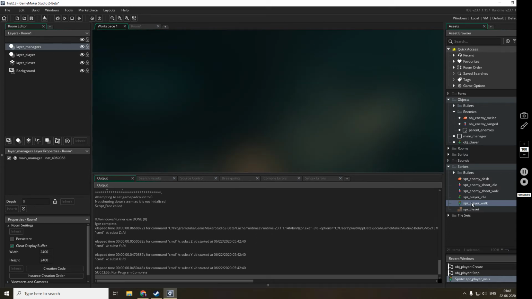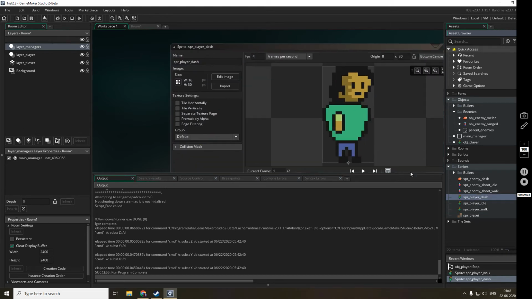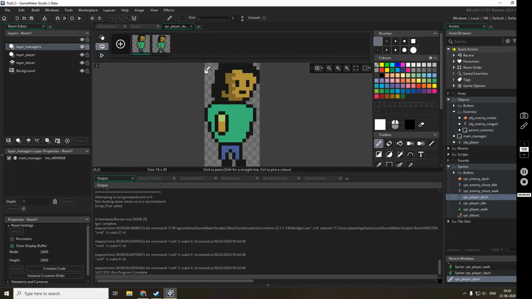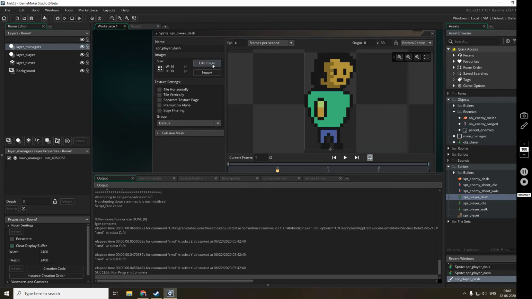Or maybe we'll create another one. It will be very immediate. I'll not be doing a lot of things. I'll just create a dash sprite here to make it look more fun.